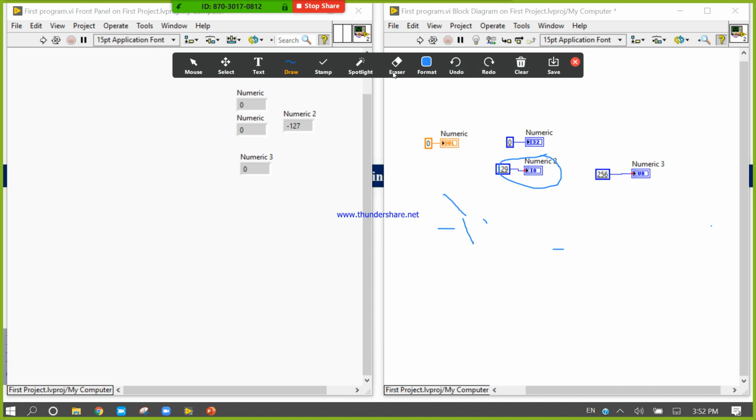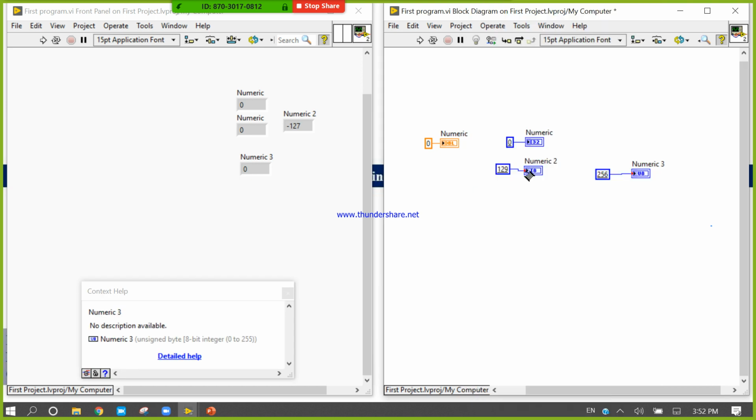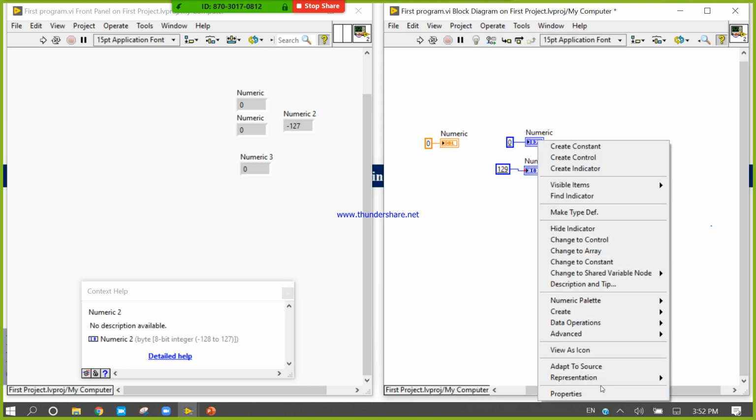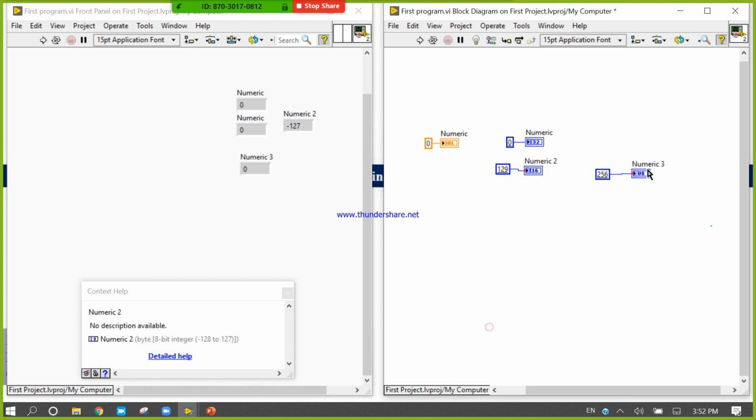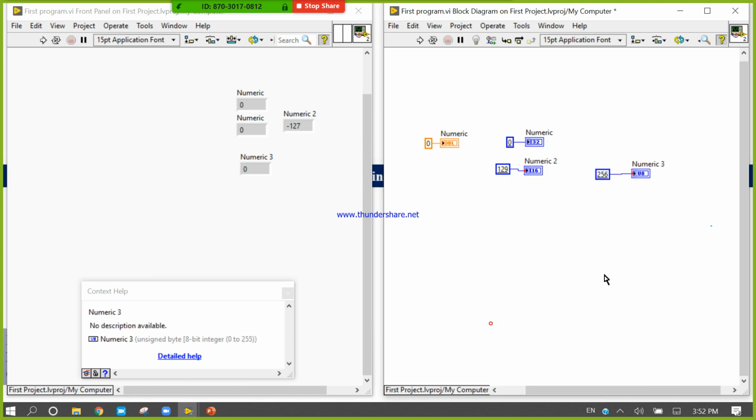So we have another concept, more logic. We have I8, I16, I32.